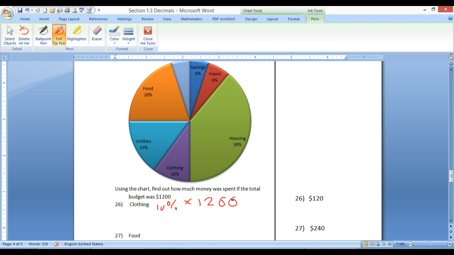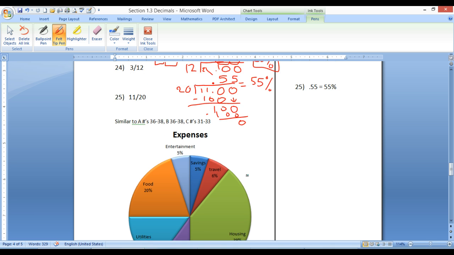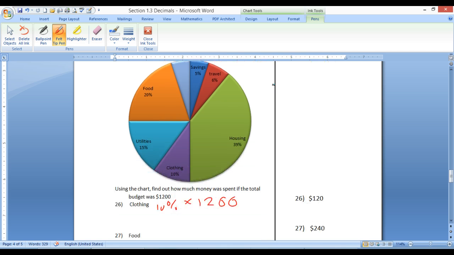Wait, multiplying with a percent doesn't make a lot of sense. So we need to do the opposite of what we did in part one, which was changing something to a percent, where we moved it to the right two places. I can't multiply with the percent, so I need to change this back to a decimal. I'm going to take this decimal and move it back two places to the left. So I really have 0.1